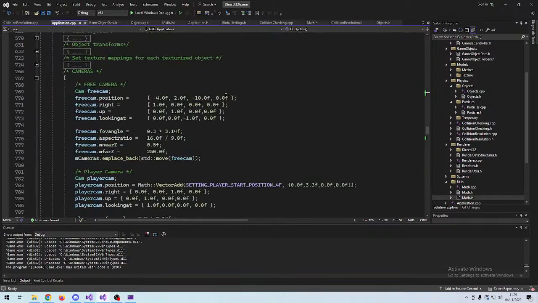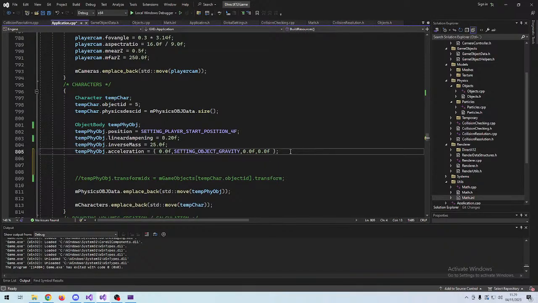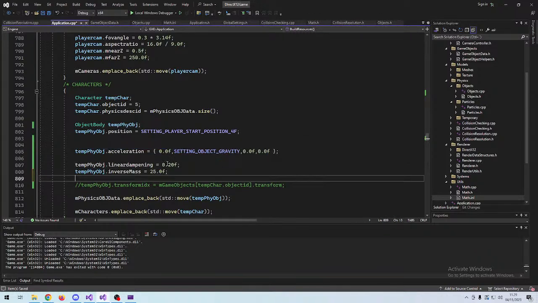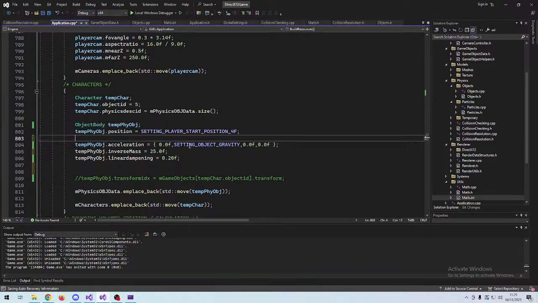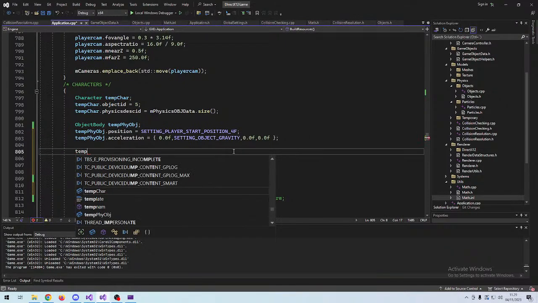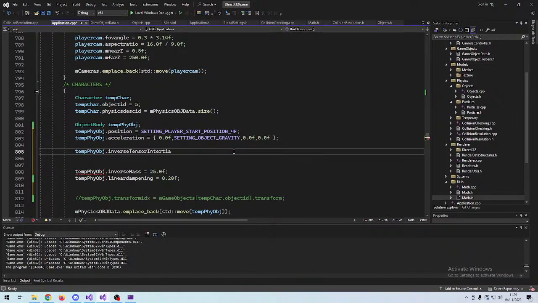So I'm just gonna look up what it is for the current box here. I'm gonna move these things a bit around, rather like this, and then we do something like this, and then we want the temp physics object to contain the inverse inertia tensor. We need to set that. Let me just look up some